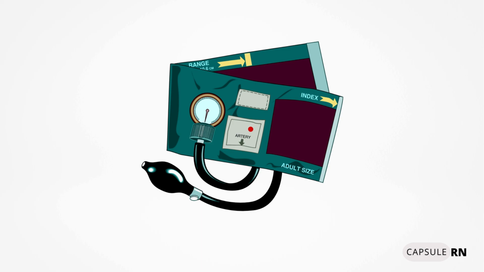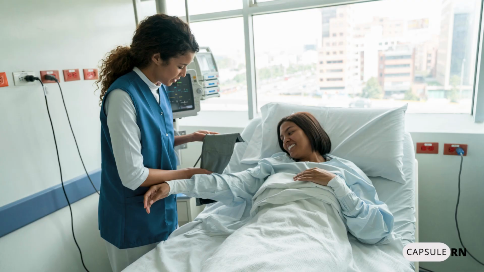This is because during inflation of the cuff, less blood is able to get to the hand, and without normal perfusion, the SpO2 reading will not be accurate. An easy fix for this is to always place the O2 sensor on the opposite side as the blood pressure cuff. That way you don't even have to worry about losing your O2 reading and wasting time due to an